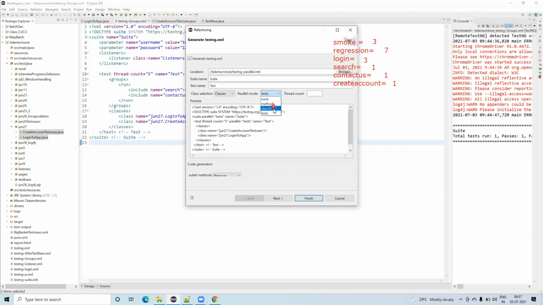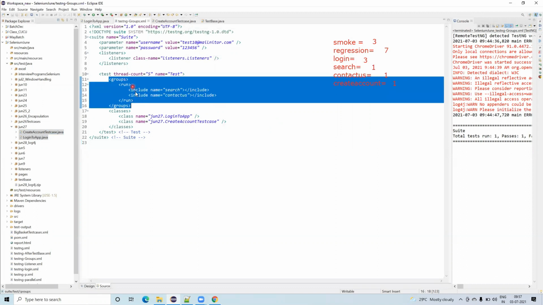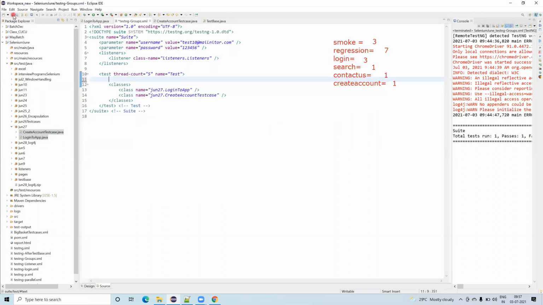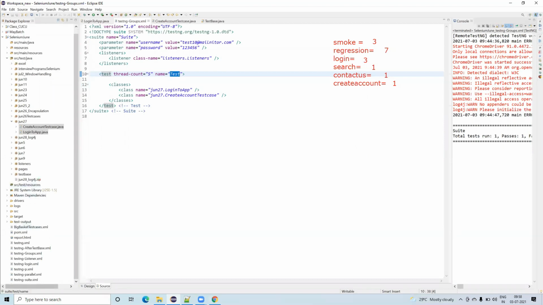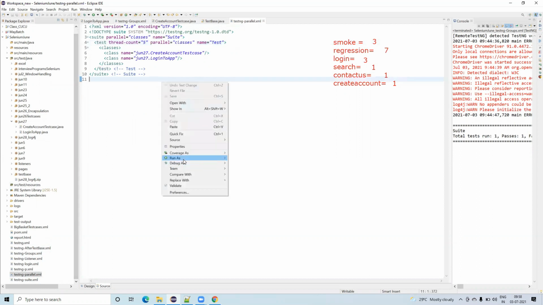So I am selecting the classes, and I click on next and click on finish. I'm removing this because I don't need this. And I click on the save button. It will run this test case and also run this other test case at the same time. Why is it showing the test? It should be classes, right? Here it is created with parallel equal to classes. So if I run this,